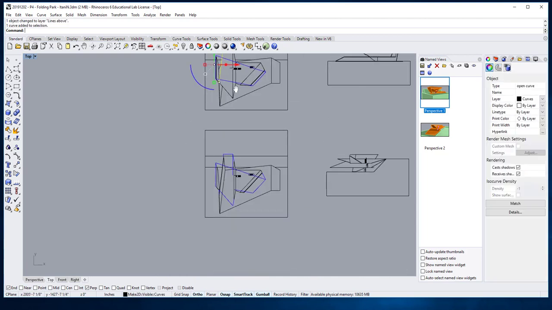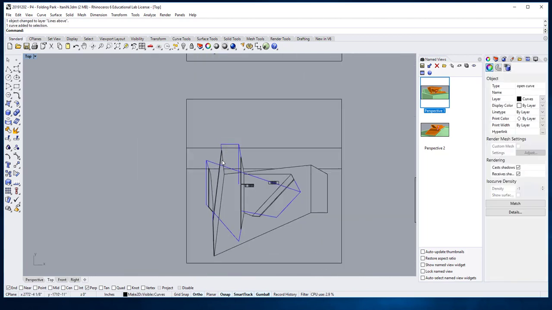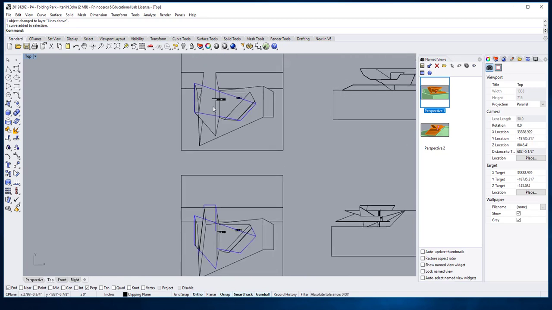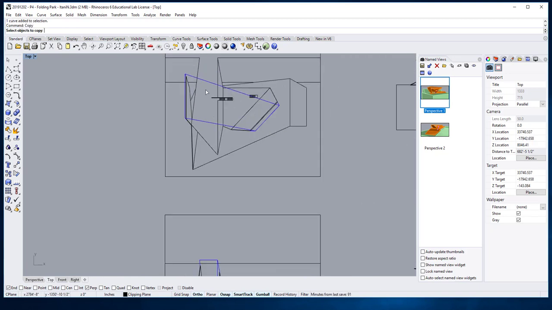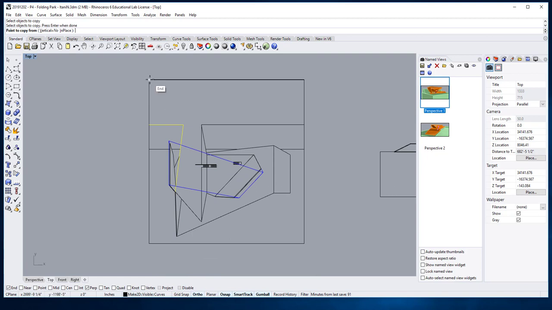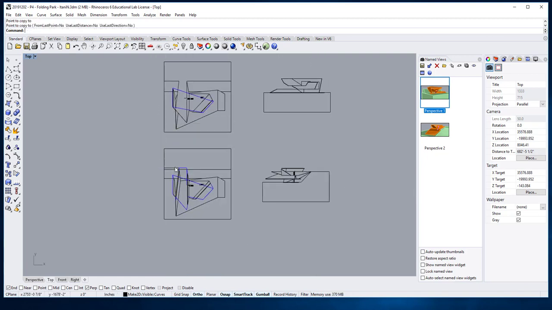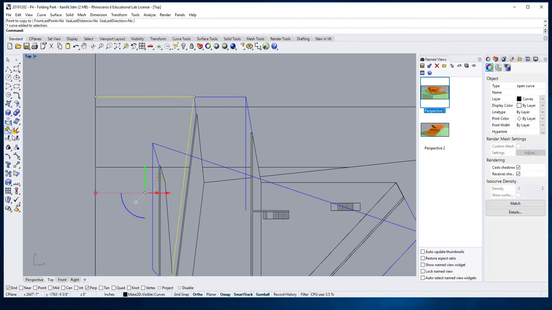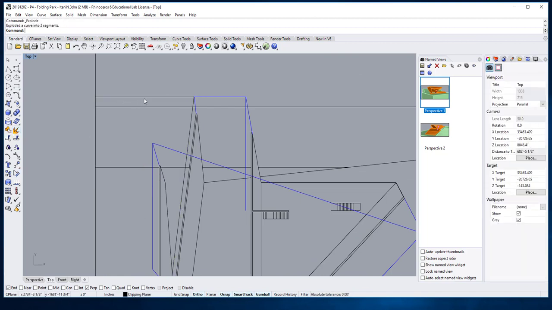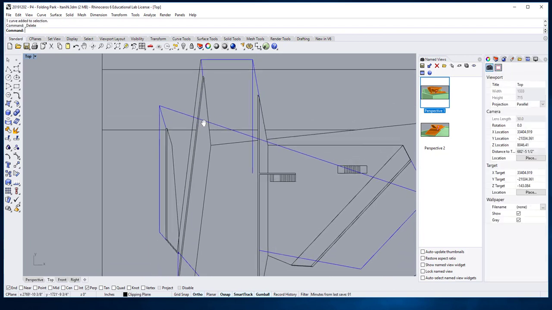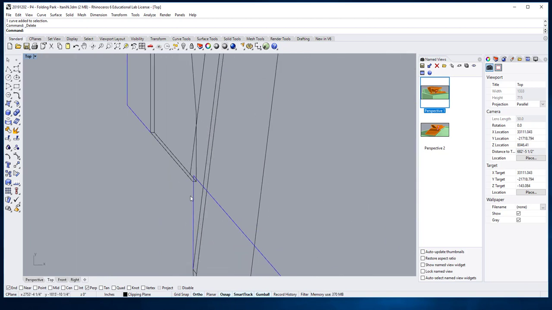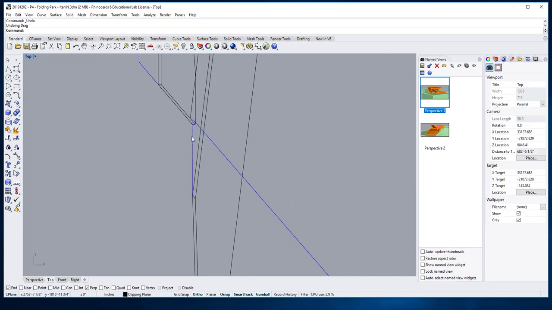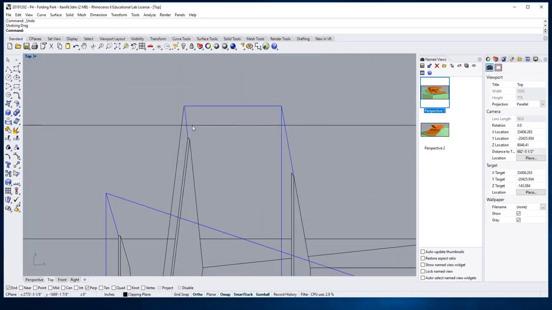This guy is going to have to come over. Let's go ahead and explode it because it's joined. Delete that. And that line is going to run all the way from there to there. I know it's a little bit hard to follow, but